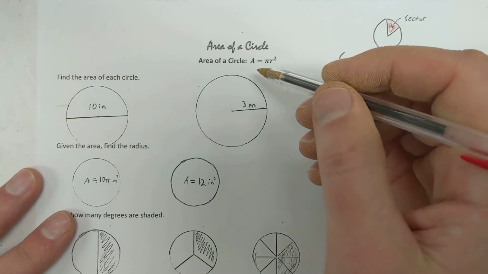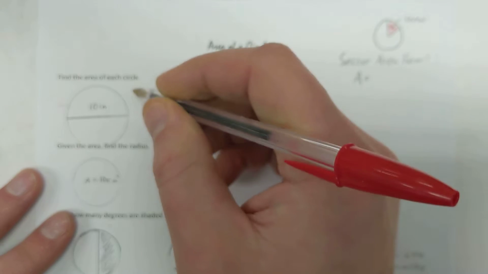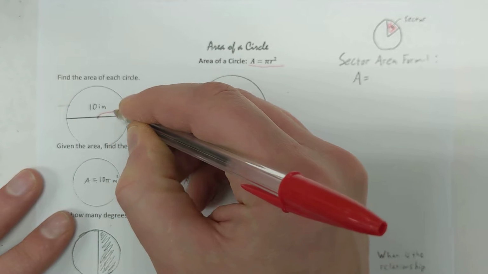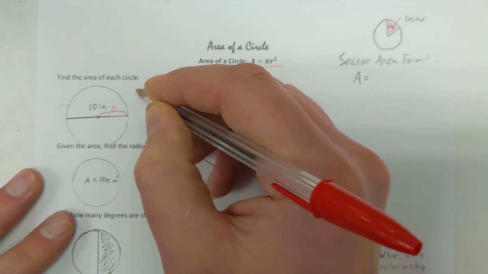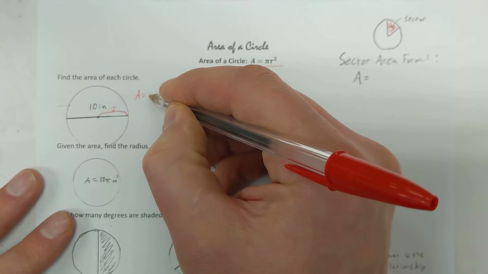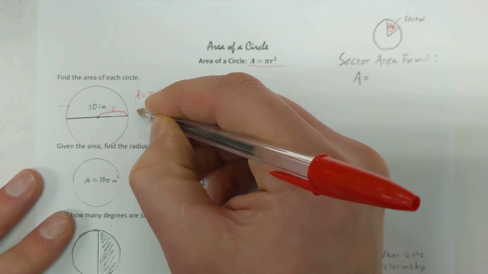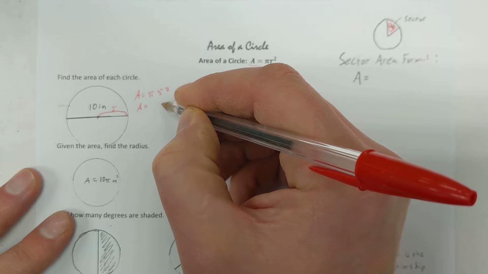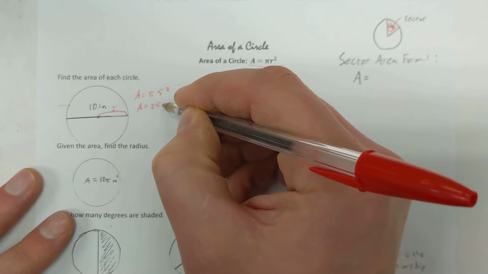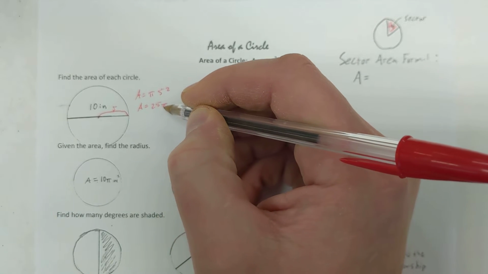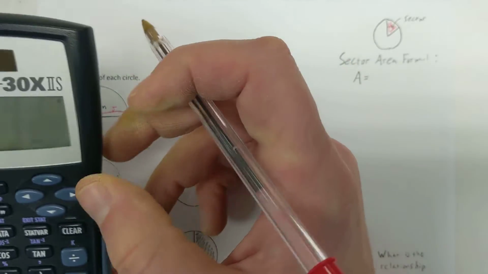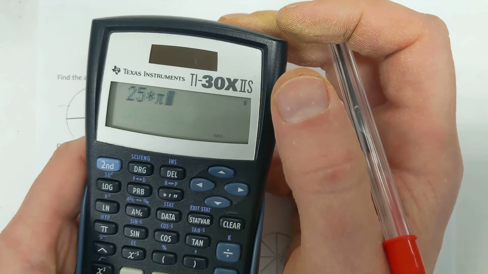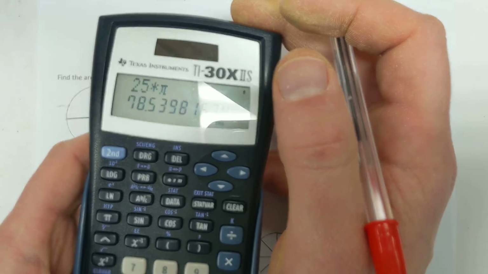Area of a circle. Well, the area of a circle is pi r squared. Right now, the whole thing's 10, which means from here to here would be 5. So we're going to do area equals pi 5 squared. And order of operations says we do exponents first. So I'm going to do 5 squared. It's going to give me 25 times pi. And if I use my calculator, 25 times pi, I'm going to get 78.54